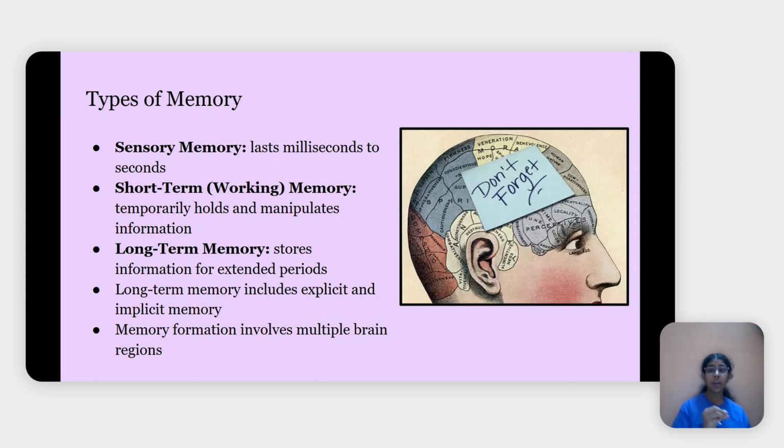This is what temporarily holds and manipulates information. A reference to strong short-term or working memory will sometimes be for actors who are picking up on new techniques. For example, Anya Taylor-Joy, when she was learning chess techniques for The Queen's Gambit, would be shown the maneuver 10 to 15 minutes before the scene would be recorded. Then they'd run the scene, and then she would forget the chess maneuver as a whole. That is a very strong example of her working memory.